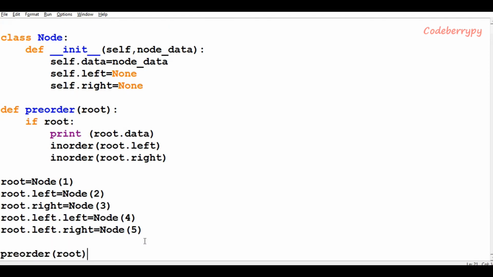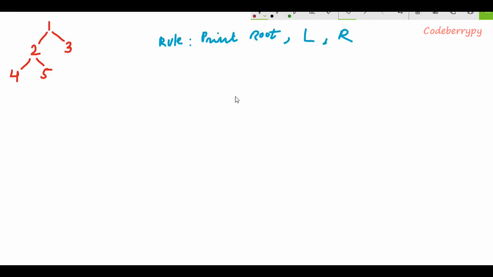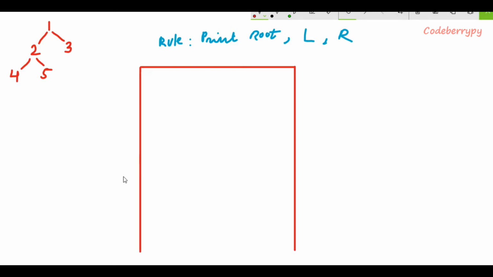So I can call this by saying preorder and pass the root, that is the root of this entire binary tree. So now let's try to visualize. So the first time this function preorder runs in the main, and each of these blocks represents a function call. The first uppermost block is the call in the main. So first time this function gets called in the main, the parameter passed to